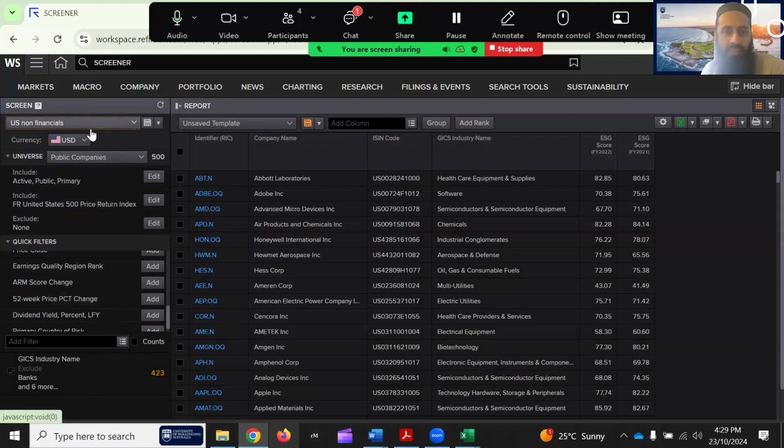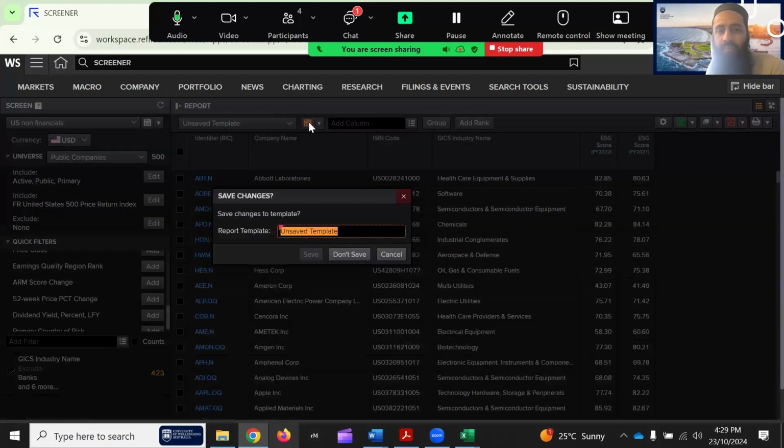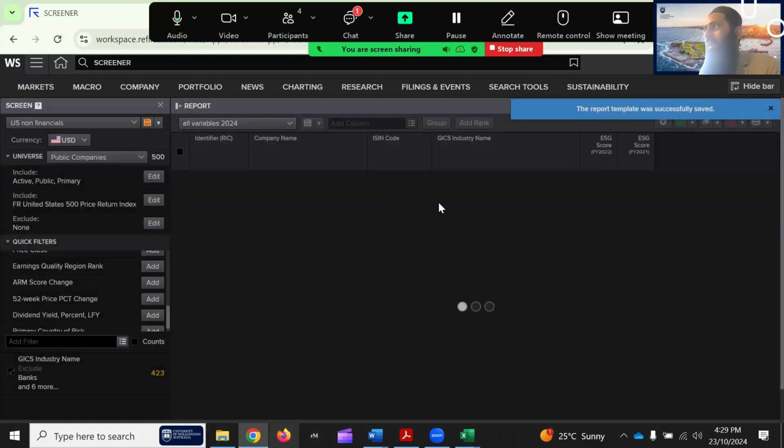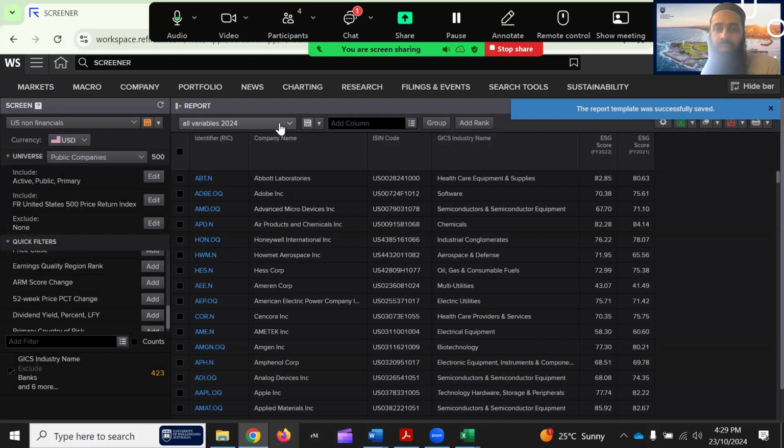Okay, so that screen is here. And then this template. So now we are able to save the template. Let's say all variables for your research 2024. Here we have ESG, but I'm assuming we have done it for all the variables we are interested in. Click save. Next time you come to the workspace, it will be empty.